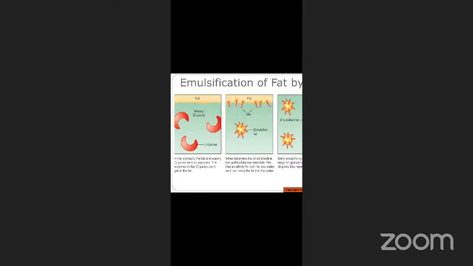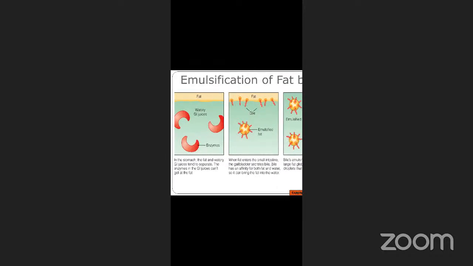So here you can see how the emulsification of fats takes place. You have gastrointestinal juices and water, and you have lipase enzymes. These red color ones are lipases. Whenever the fat molecule comes, this yellow color one, the bile, will result in the emulsification. That means it will catch hold of